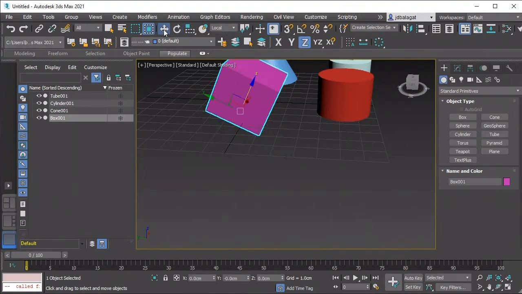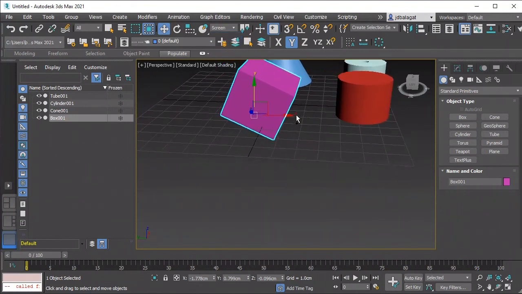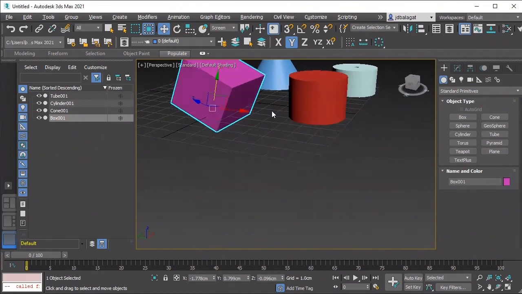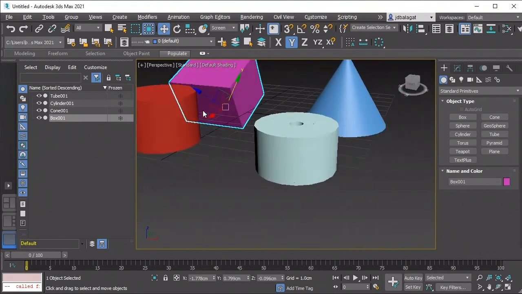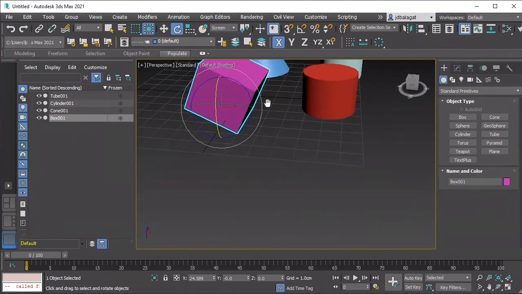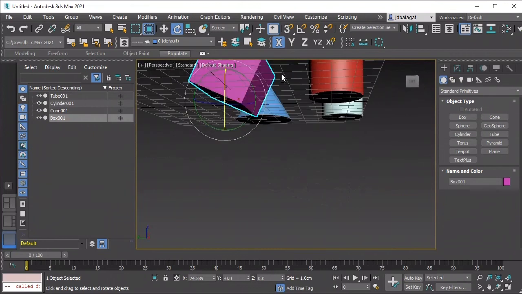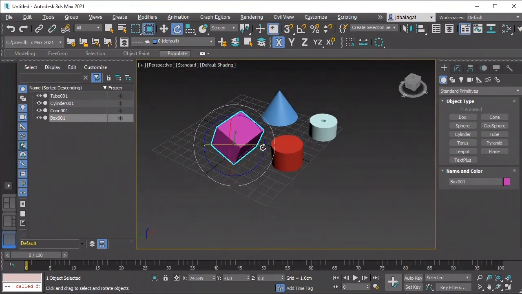See, so for the move, you can use gimbal. And yeah, screen, it will change to the view of the screen. Okay, next,